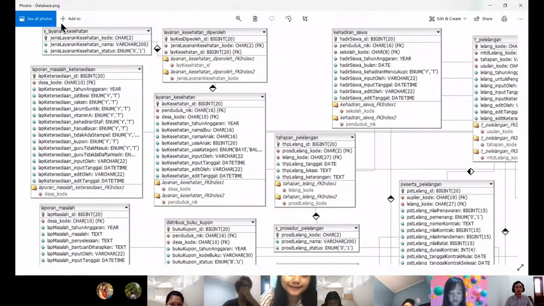This is the entity called layanan kesehatan. So the name of the entity is layanan kesehatan. Okay, and these are the attributes. There are 3 attributes: jenis layanan kesehatan code, jenis layanan kesehatan name, and jenis layanan kesehatan status. These are the attributes, and the one with the key icon here is the key attribute.